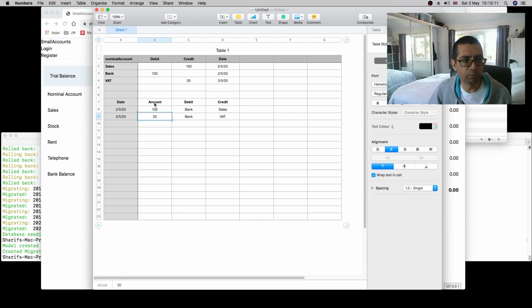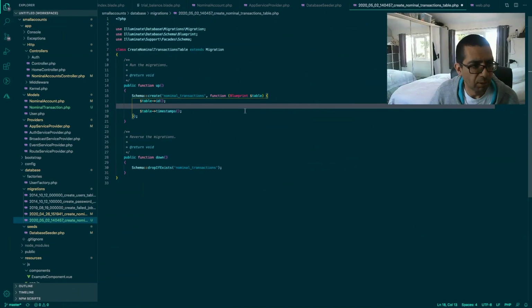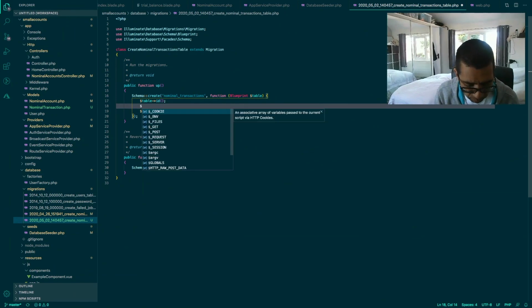So hopefully you've been following with me, and hopefully if you can just think for a second, if this is how we're going to do our nominal transaction, what fields are we going to put into our model? Okay, so you would be correct if you thought